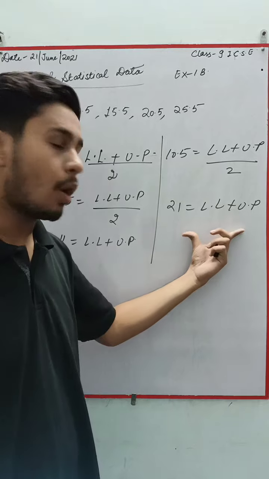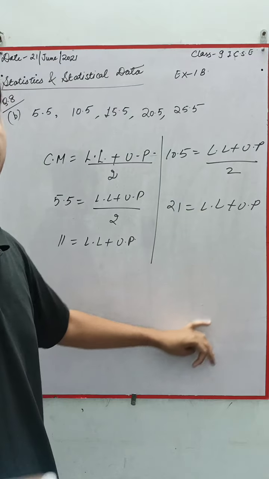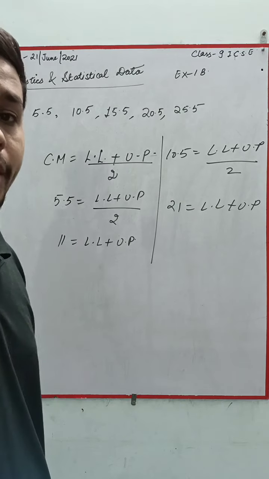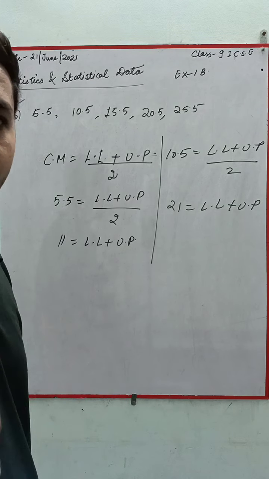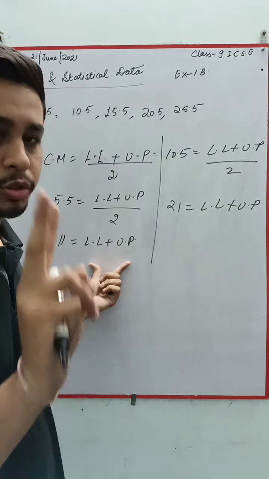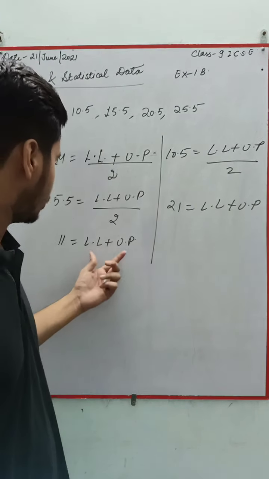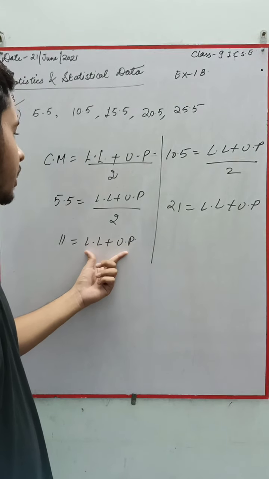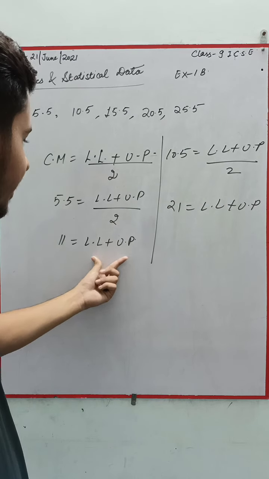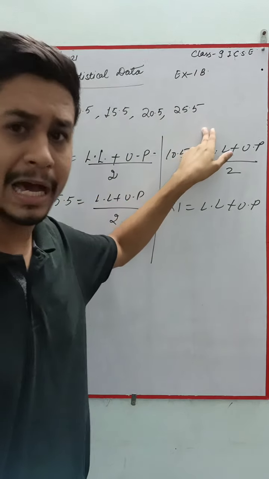Now with these two equations we need to think and make the intervals accordingly, keeping in mind that the interval should be an overlapping interval, not a non-overlapping interval. I know that you know about overlapping intervals. So here you need to think about two numbers whose sum should be 11. There are many pairs that give 11 as a sum, but those two numbers should be such that we can make overlapping intervals that satisfy all these class marks.